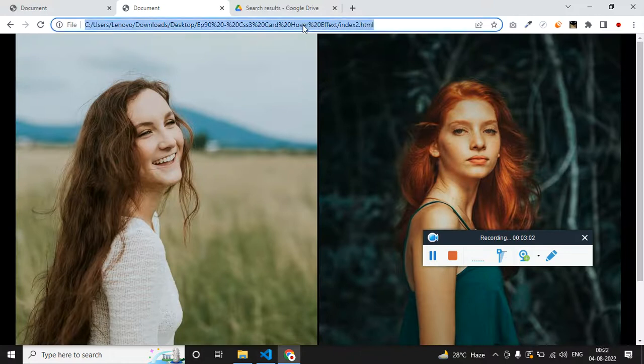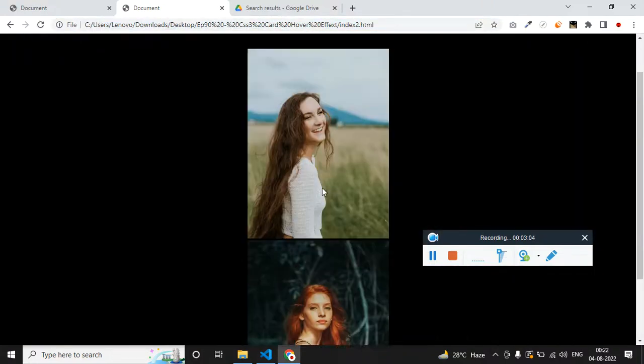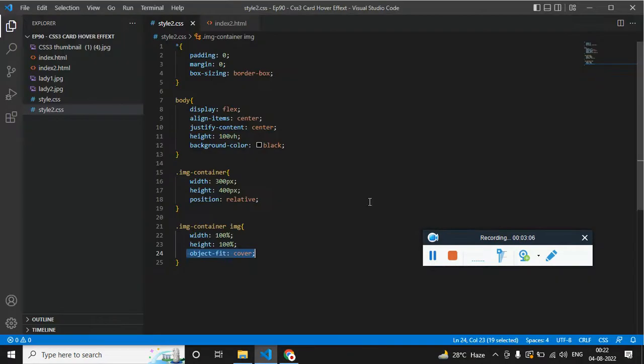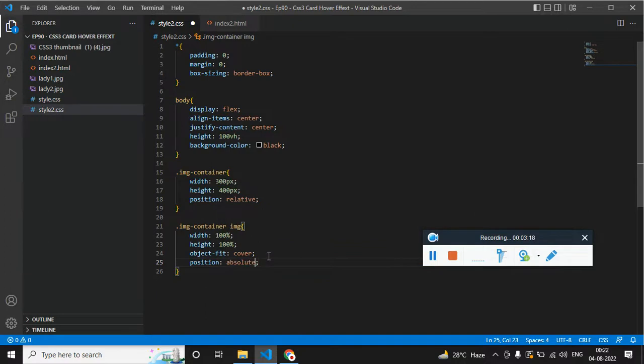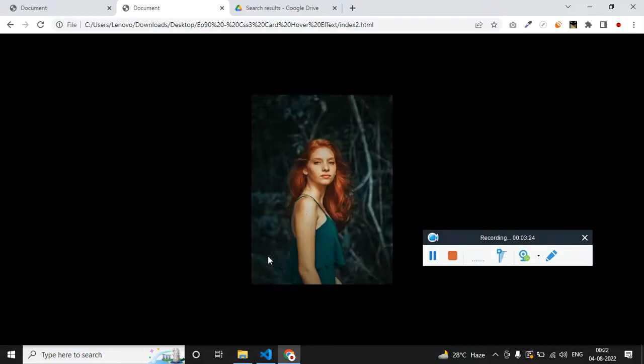Now if you refresh, this is how it looks, one below the other. Now what I need to do is, I am going to make the image overlap one above the other. So since we have given the position relative to the container, we can give position absolute to the child. Position absolute, top of 0, left of 0. So if you refresh, this is how it looks. The second one comes at the top, and the first one is just below the